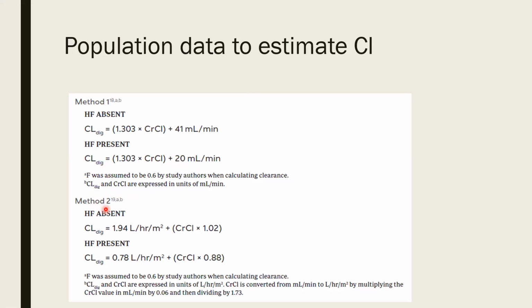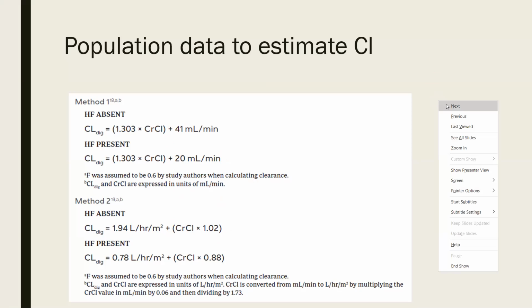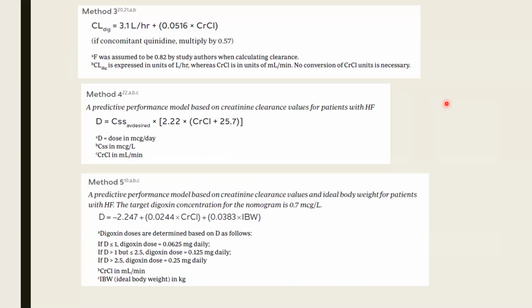So another method is this one, using this method, and then this one, the creatinine clearance, times 1.02. So these two are almost the same actually. So we can choose which one to use, because we just need a creatinine clearance. Now method 3, you already have the